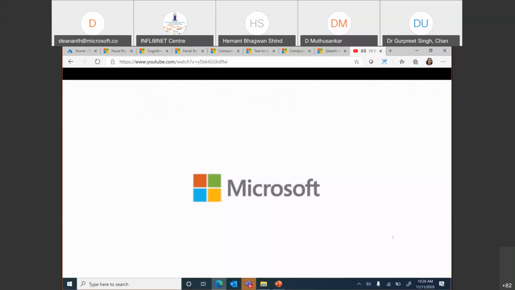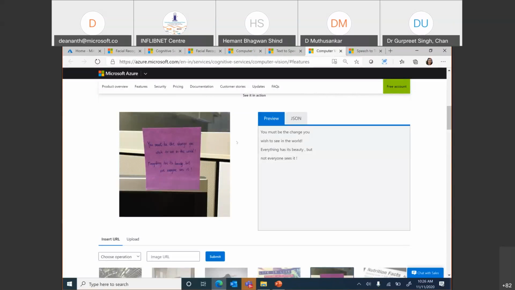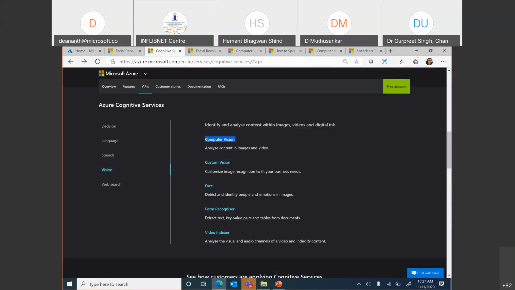Well, we've also got an app on the Apple Store, which can help you do these things, experience it on your mobile phone. And we've got a play around app on a Windows system, which I will tweet about again today so that you can download. So the thing is, using some of these things like computer vision, face, form recognizer, video indexer, we've been able to see what Shakib could do and improve his own life and improve the life of others around him.